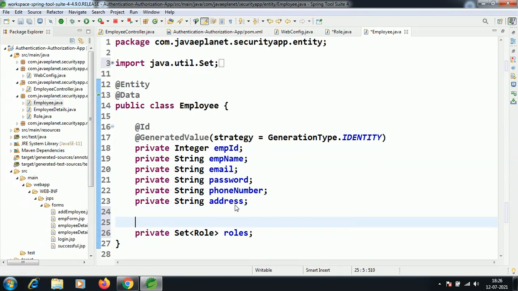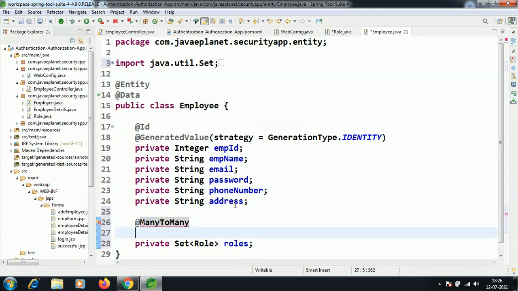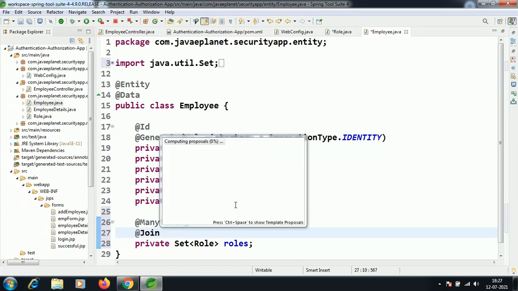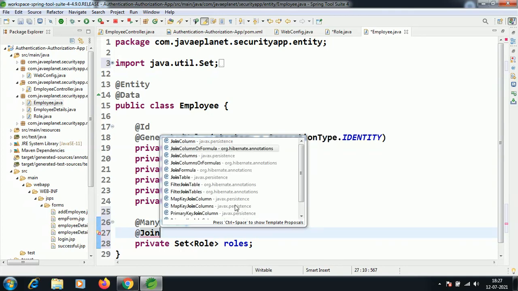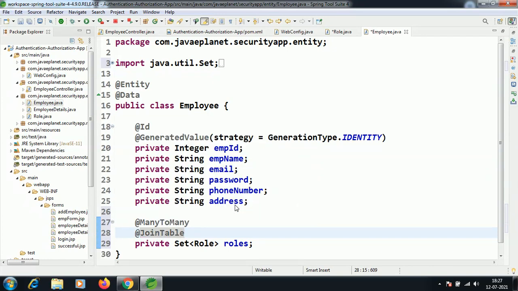And let me annotate this with @ManyToMany, and also @JoinTable. Join table name should be, I'm taking the name as emp-role,